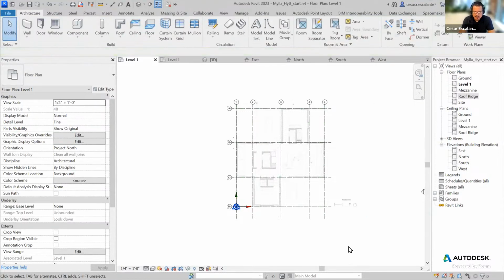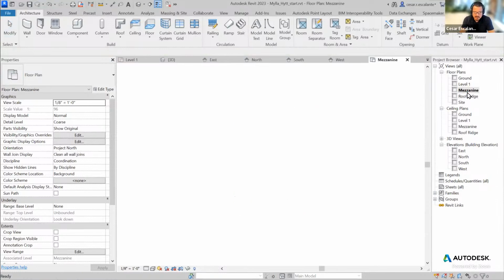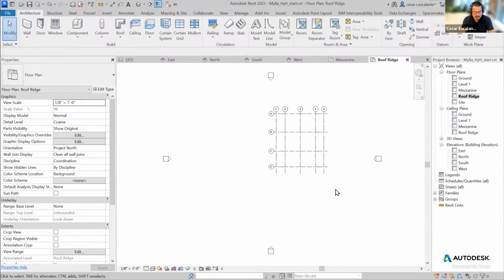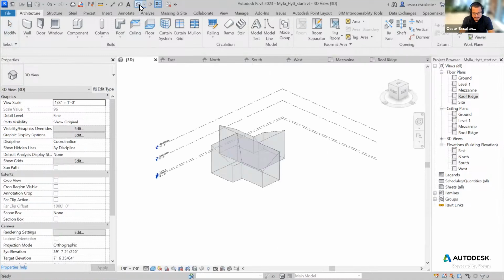Just to double check, if you go to the mezzanine level, you should see all the grids there. If you go to the roof ridge, you should see all the grids there. If you go to the 3D view, the 3D house over here, this is new in Revit 2023,